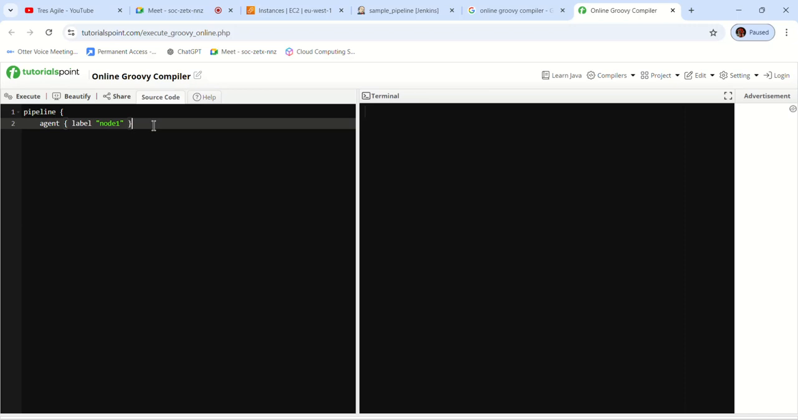So pipeline, run this in this node. What to run? There is something called stages. We define stage one, stage two, stage three, stage four like this. So we'll define what should happen in each and every stage. So stages, I'm writing a stage, right? Open the stage, close this,